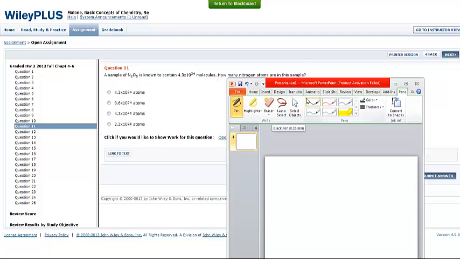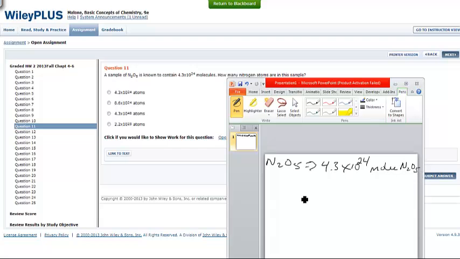So in this problem we have our sample, it is N2O5, and it contains 4.3 times 10 to the 24th of those molecules of N2O5. So that's what I'm given. And what I want over here, in this case, is atoms